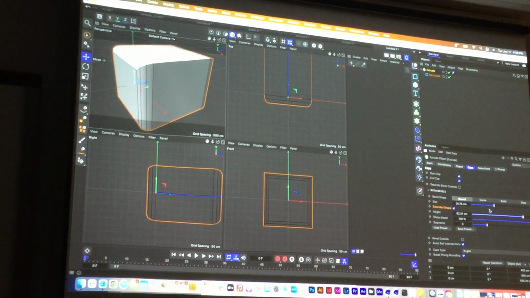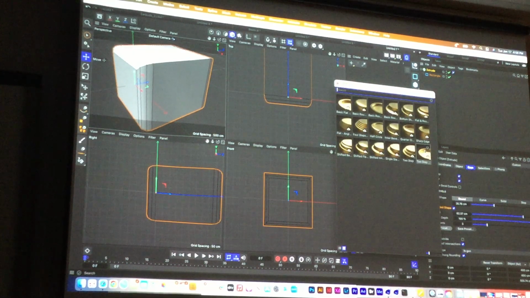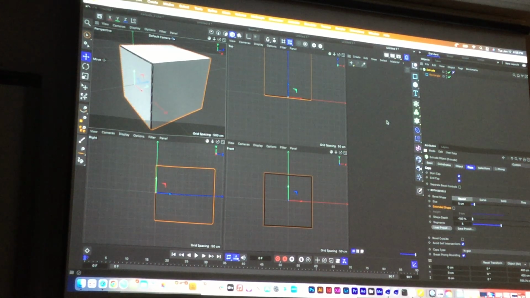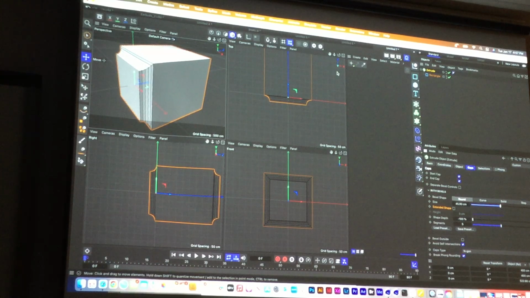So that's just the normal bevel, but you also have a bunch of presets for the bevels too. If you click on preset, load presets, it'll give you all of these. If I wanted to change this, I just double click on it, and it's going to switch that bevel out for me. Then it'll give you all the parameters for that you can change also. So there's a lot you can do with this as far as beveling and extruding and all that kind of stuff. Now to take this a step further, everyone,